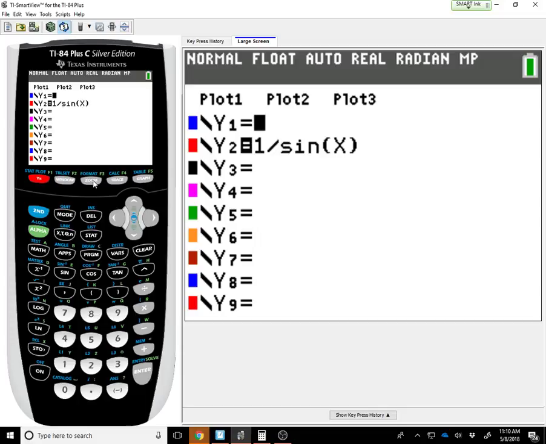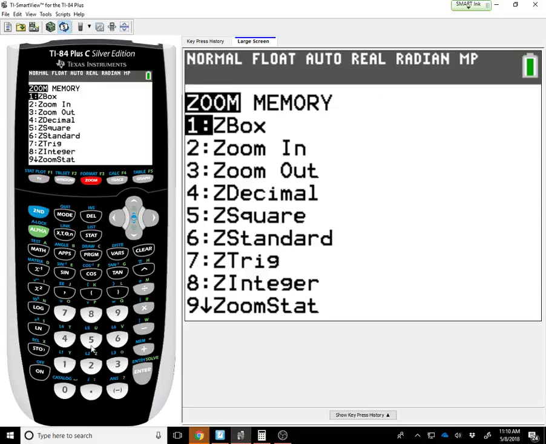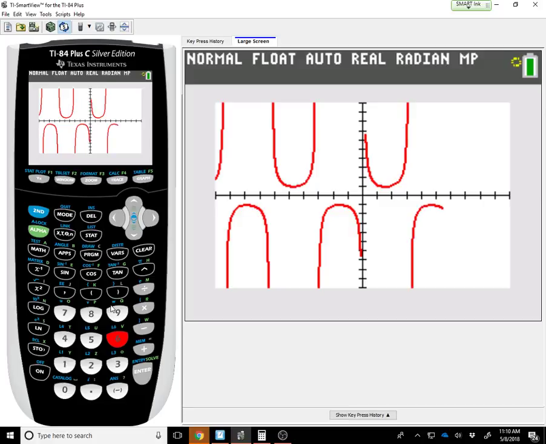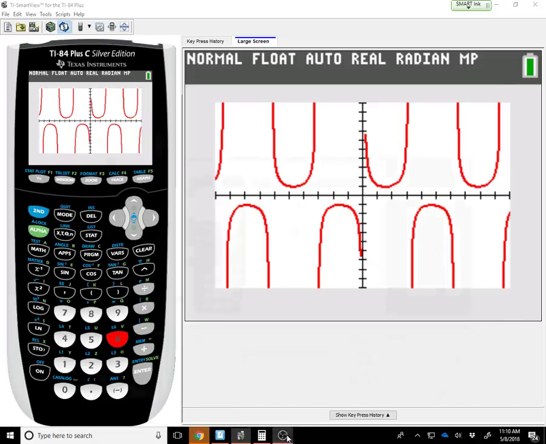Do this, go zoom and 6. Zoom 6. Did it work? Yeah. There you go. Your window, remember we were messing around with the window settings? So what that does is make it back to the original one. Zoom standard. It gives you what it was to begin with, which is a standard human window. Okay? Guys, that's all I've got for you. Homework is